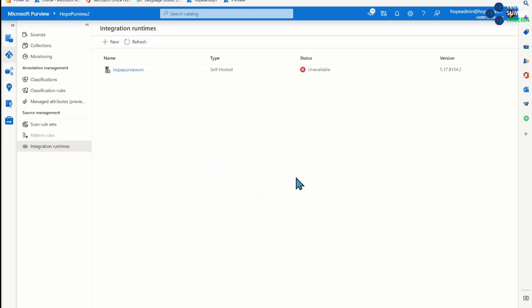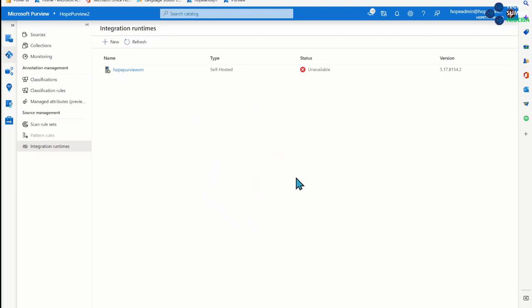So we set up our self-hosted integration runtime. Then you're going to need to set up access for the managed service identity that comes with Purview, essentially the service account for Purview. You're going to want to set that up with access to your data resources.